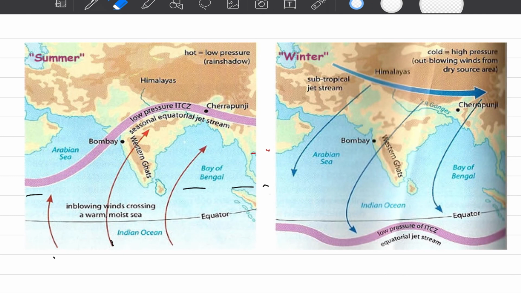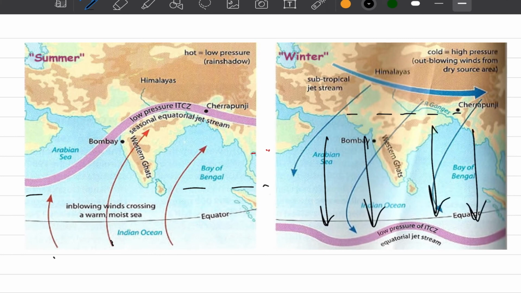And now what happens in winters? In winters, as the temperature of land starts decreasing because of the change in the position of Earth relative to the Sun, this ITCZ again shifts back towards the equator. And this is the area where winds from 30 degrees north will come towards this ITCZ. And now, since it has shifted below, we would not get a fair share of monsoons. The only precipitation that we are going to get is when the winds cross the Bay of Bengal and cut the southern parts of our states, resulting in the